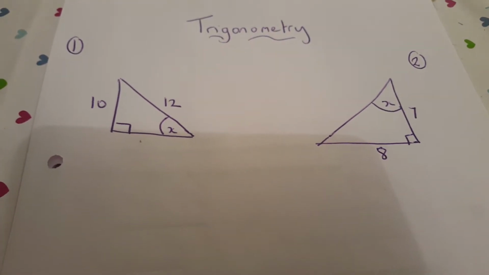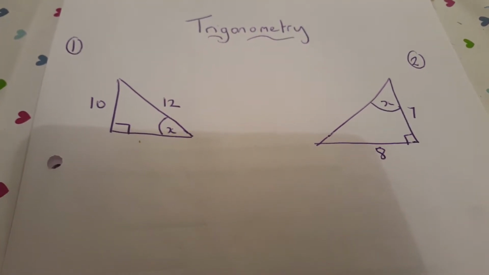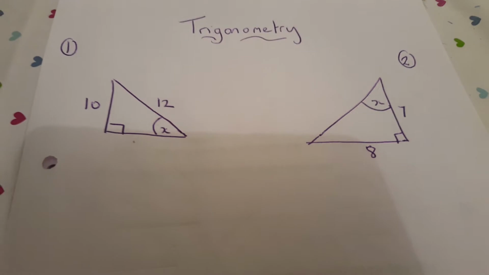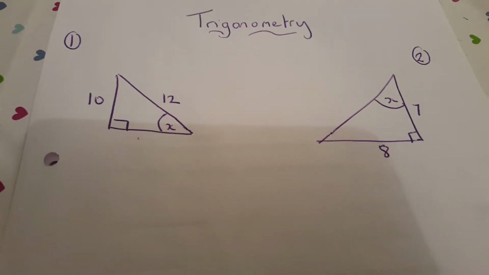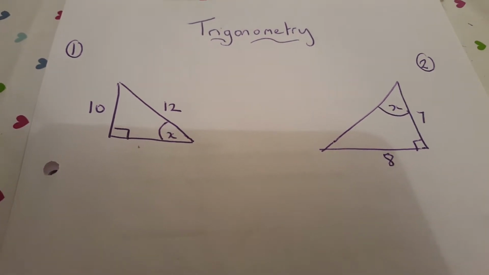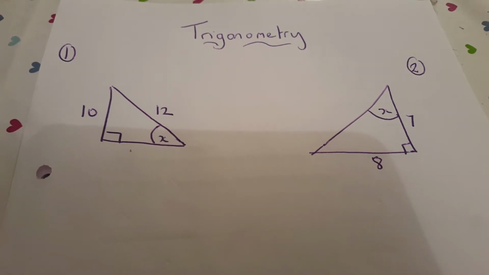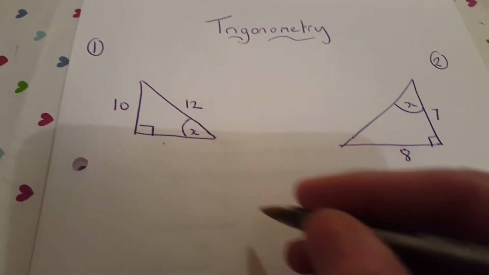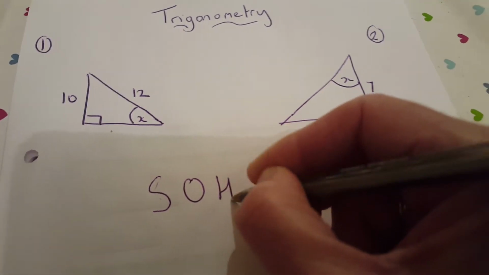I've been a maths tutor for over 20 years. Today's lesson is on trigonometry. I assume you're aware of the title and been told that trigonometry is used to find unknown sides and unknown angles in right-angled triangles. You've probably been taught the saying SOH CAH